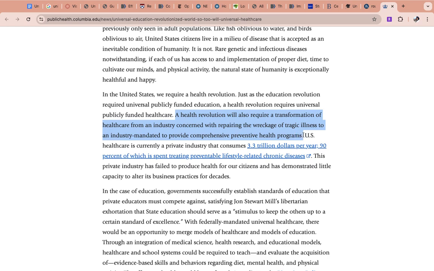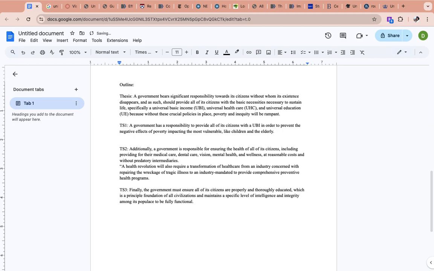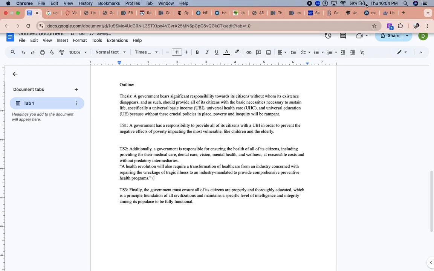Okay, so I'm going to copy this. And when I go to my draft, this is going to go for this paragraph. I'm going to open quotes, paste it, close quotes, and open a parentheses